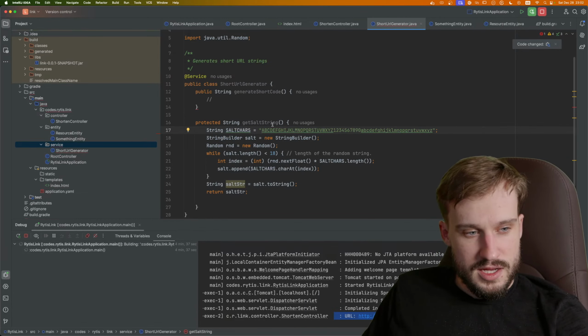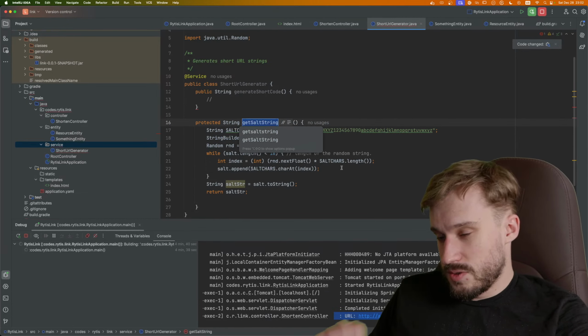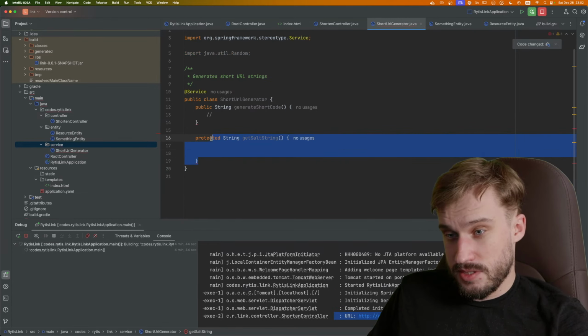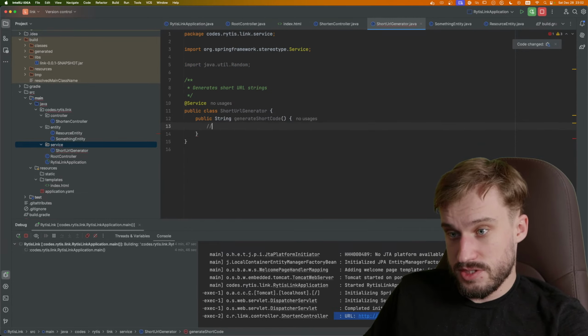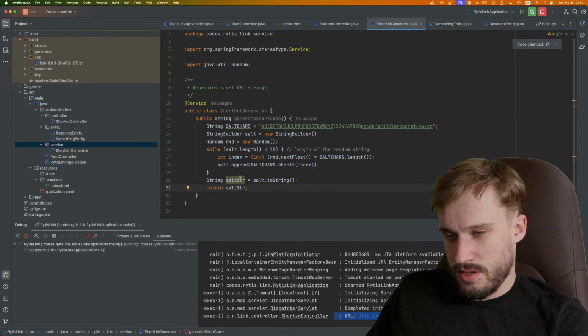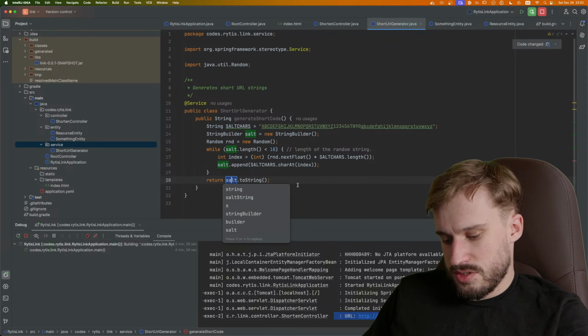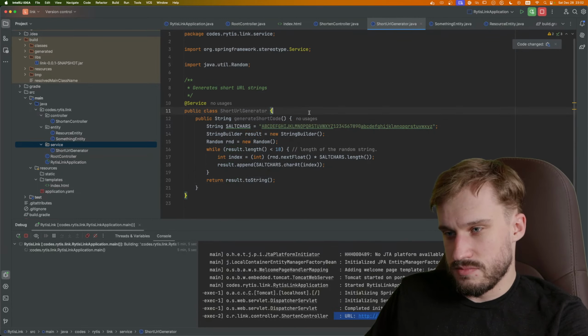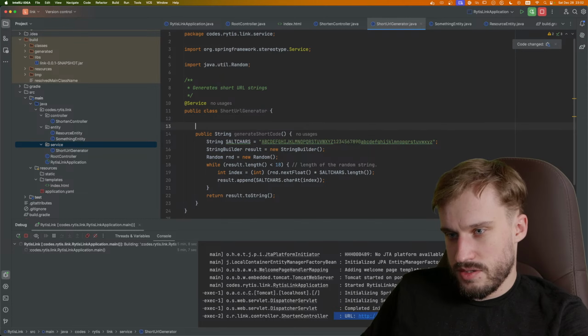I'm just gonna use this one. It's not a solid string. Actually, it's just a single method. Let's just put this one here. Let's not name this salt. Let's name this result. Let's make this do